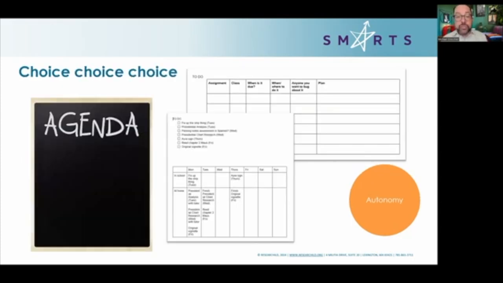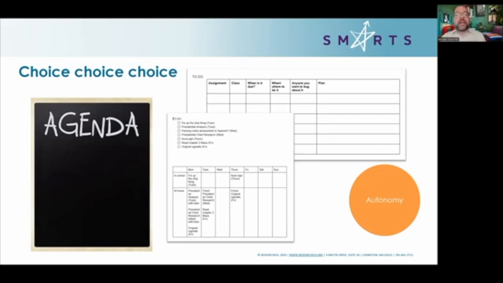That relates to this one: choice, choice, choice. Where can we give them options? So part of it is just what we just said, which was, which one do you want to start with? Those are my two Google Doc templates that I use for students. If you want to do a to-do list, which one do you want to do? One is all about just picking when and where. The other one has a little bit more accountability built into it. We could put more steps in it, but it's simpler. It doesn't have a calendar, so you're allowed to be more flexible with your time. Which one do you think will work with you? And you can always switch.